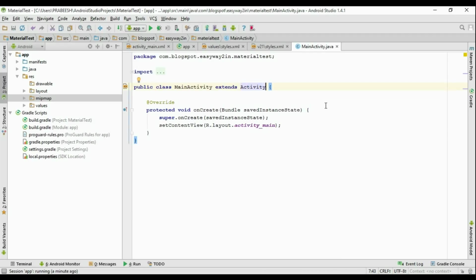So now this application is capable of running on Android platform 5.0 and lower than 5.0. But here there is another problem. If you're using activity, you lose the action bar on Android platform lower than 5.0. This is because from 5.0 onwards the action bar is deprecated. Instead of action bar, we have to use a toolbar. So we will learn it in another episode. So if we run the application again,